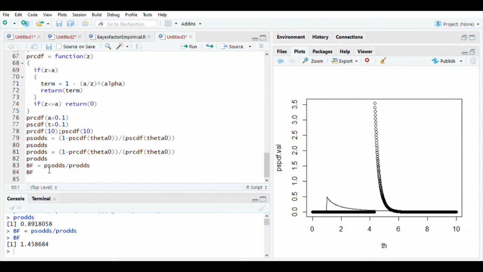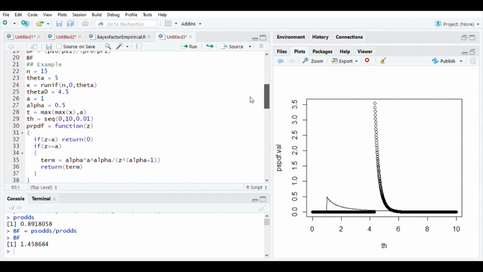But if you consider the second range of cutoffs which I have specified in the lecture notes which I have shared with you, then the Bayes factor is less than 3, so you are very strongly rejecting H naught. So should you be rejecting H naught? What was the value of theta naught? Let us go back. Theta is 5, theta naught is 4.5, H naught is theta greater than theta naught. That is not the case, so yes, H naught is true. You should not be rejecting H naught here. You should be accepting it.